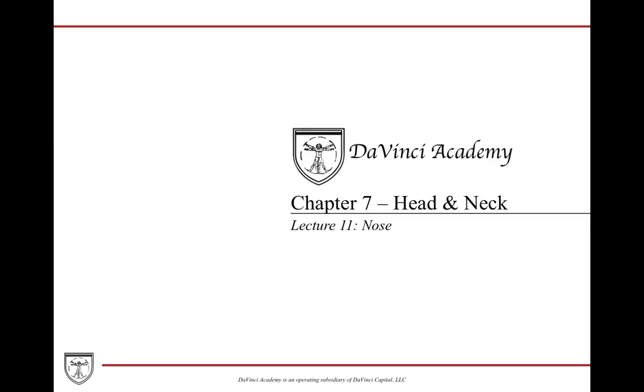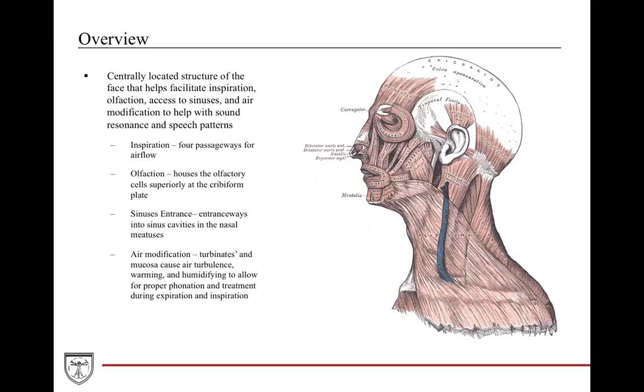Here we're going to discuss the nose. So the nose is a very important defining feature of the person's face. It's a centrally located structure that helps with many different things like inspiration, olfaction, access to sinuses, modification of the air, to help with humidifying or warming up the air, and also help with sound resonance and actually speech patterns. So in terms of inspiration of the nose, there's actually 4 passageways for the airflow